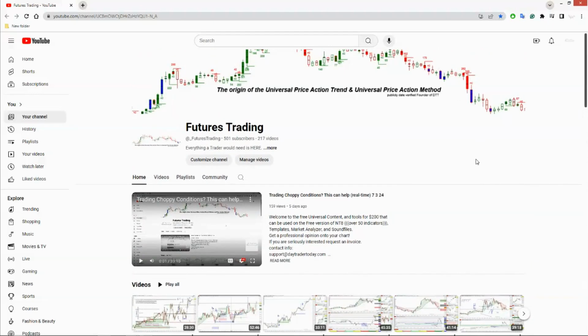So I got single bar plots, dual bar plots, triple bar plots. Try to help you stay in it. So it'll plot the signals, try to confirm to you that it's developing as it should, and that's important. I do have some real time stuff as well, and I'll show you some of that, some pressures and some arrows, some things that flash and kind of let you know we're building that signal right now before the bar even closed. So I got that as well.